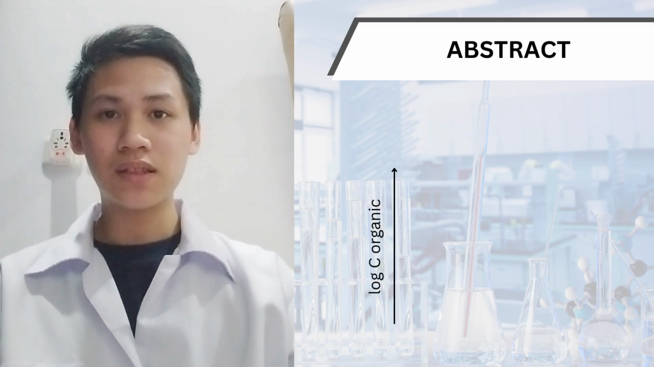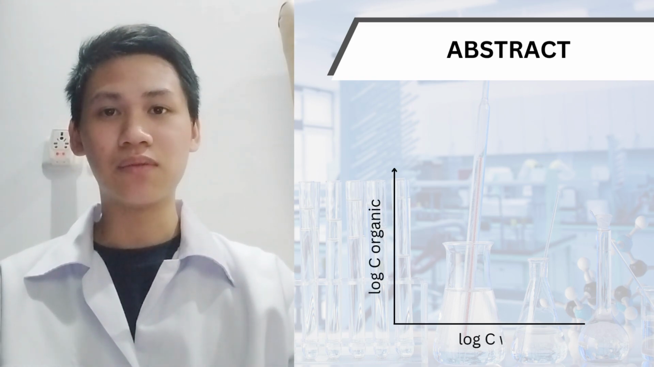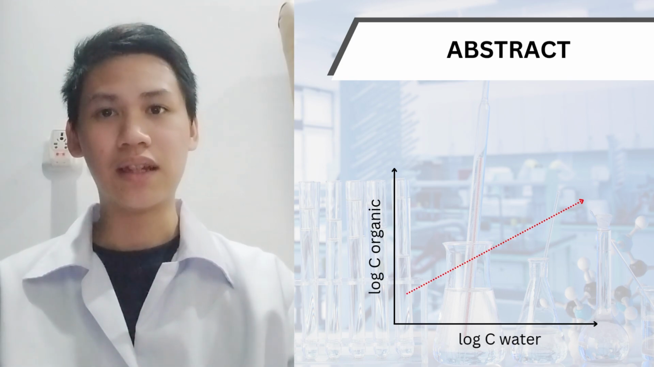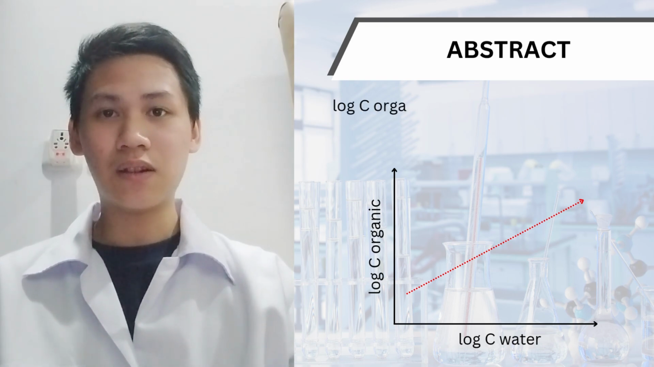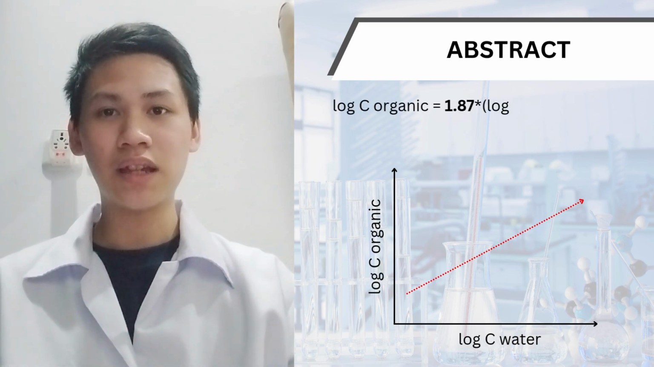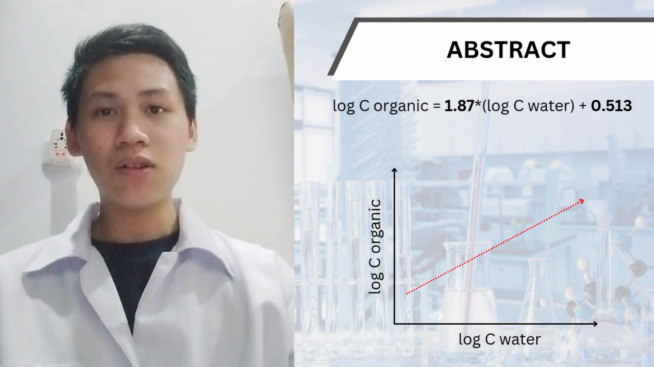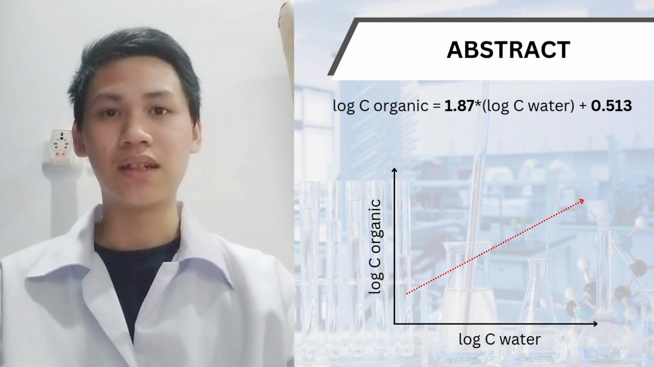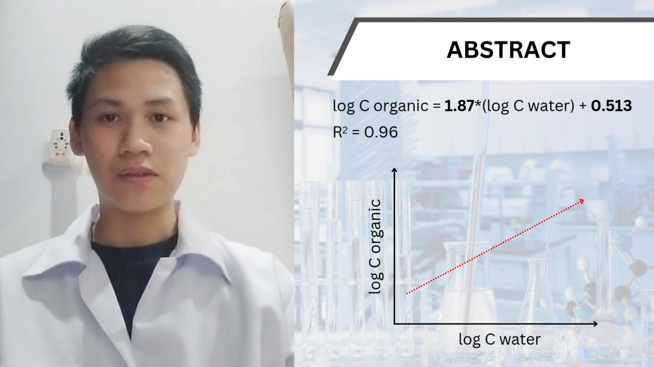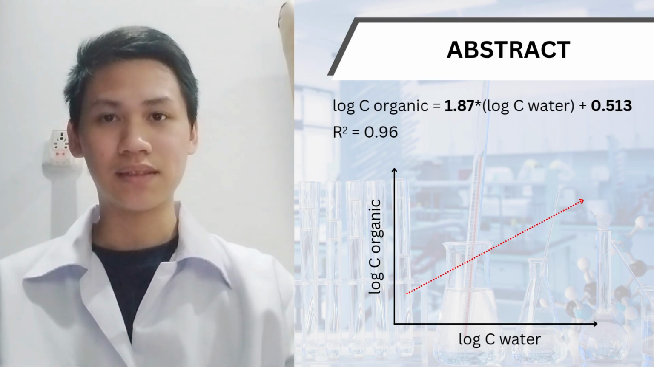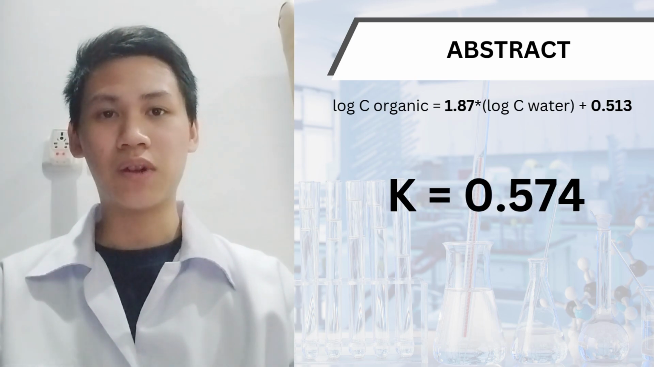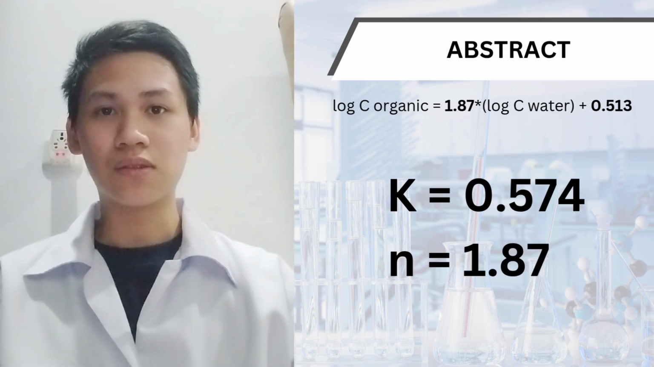A plot of log C organic versus log C water produced a linear regression equation: log C organic equals 1.87 times log C water plus 0.513, with an R squared value of 0.96. This results in K equals 0.574 and N equals